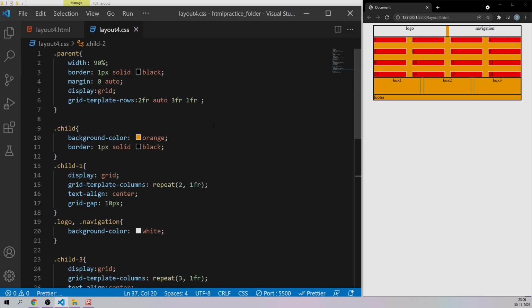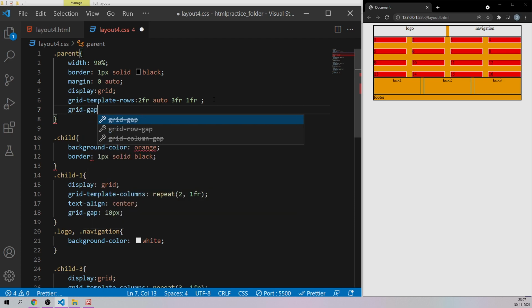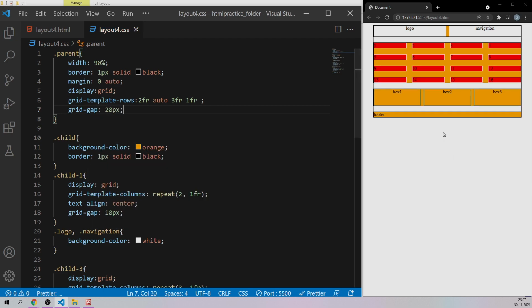And first, let's do one thing. Let's say here the main parent. The main parent doesn't have any grid gap, so let me use that. Grid-gap, let's say 20 pixels, and we have our grid gaps like this.